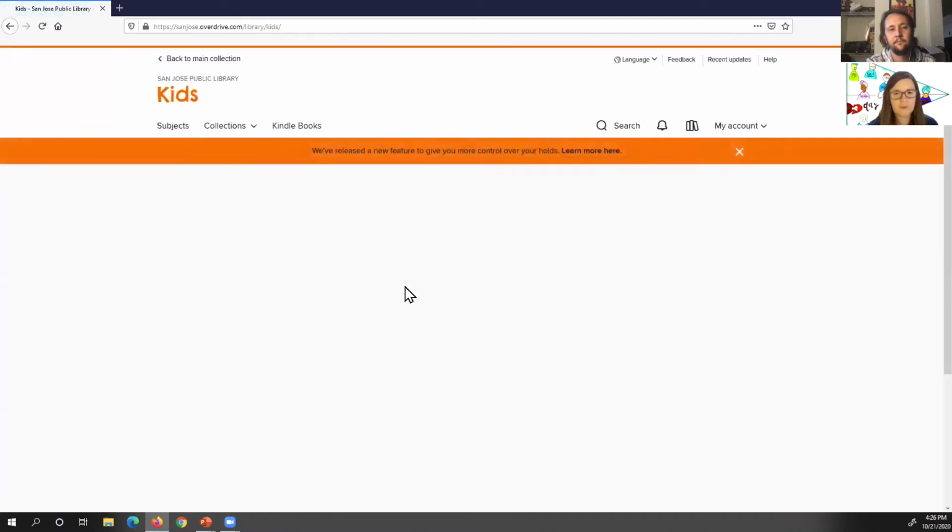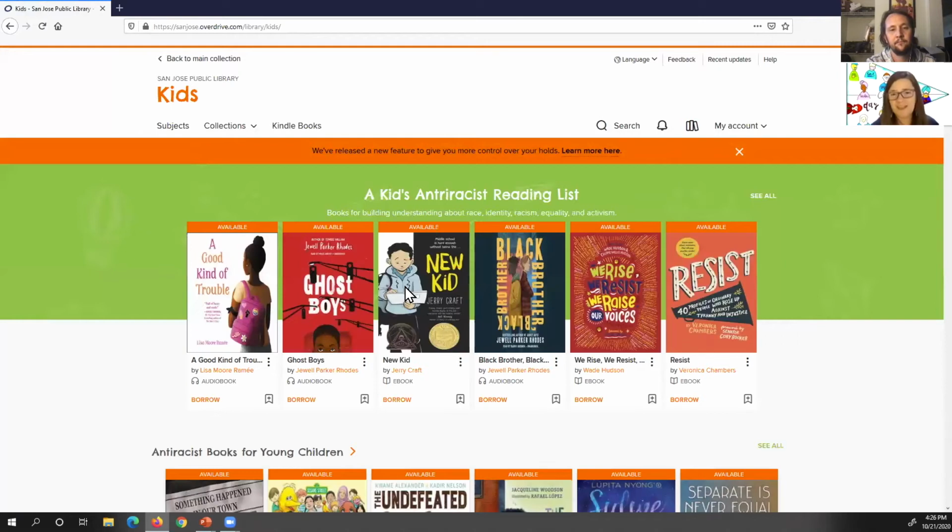One of the great things about Overdrive is that you don't have to make an account to use it. You just sign in using your library card and PIN number. Now you'll see that it took me right to the San Jose Library one because I clicked through from our website. Now, if you download the app Libby and you get started with that, it will actually ask you what library system. And then once you tell it, I'm with the San Jose Public Library, it'll ask you for your library card and your PIN number, and you'll be good to go.